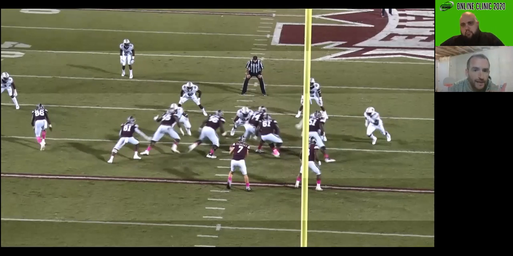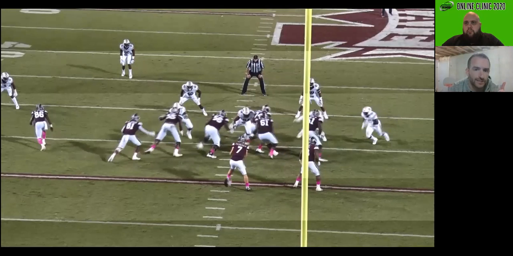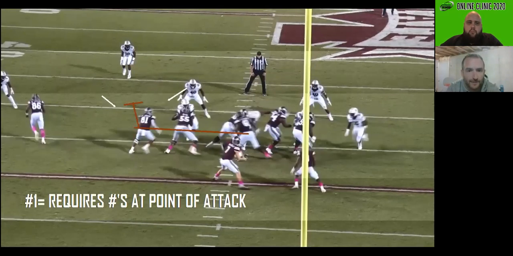Number 1 is it requires numbers, as you can see here, at the point of attack. I learned this really when I started coaching. Football at the end of the day becomes like the first Oklahoma drill you do at Pop Warner. On defense, if the guard is pulling, as you can see in maroon right there, for me to win without relying on somebody to whip somebody else, I need somebody inside and outside of that puller to execute the fit